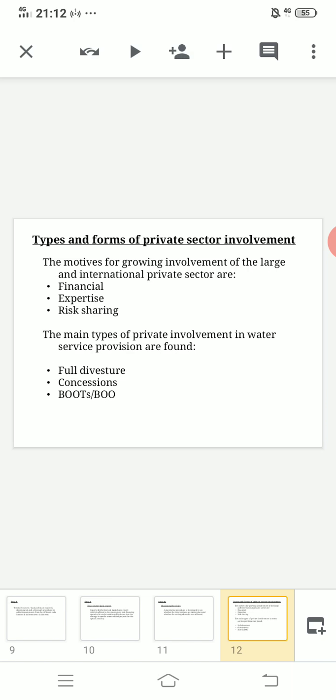And when we consider joint ventures, partial transfer of assets through share sales, resulting in shared ownership and operating responsibilities between private sector and public. I mean, both will be responsible, private as well as public. Concession. Assets remain in public ownership, but use of the system is bought by the private sector for the duration of 20 to 25 years. Thus, these all three are part of service provision.